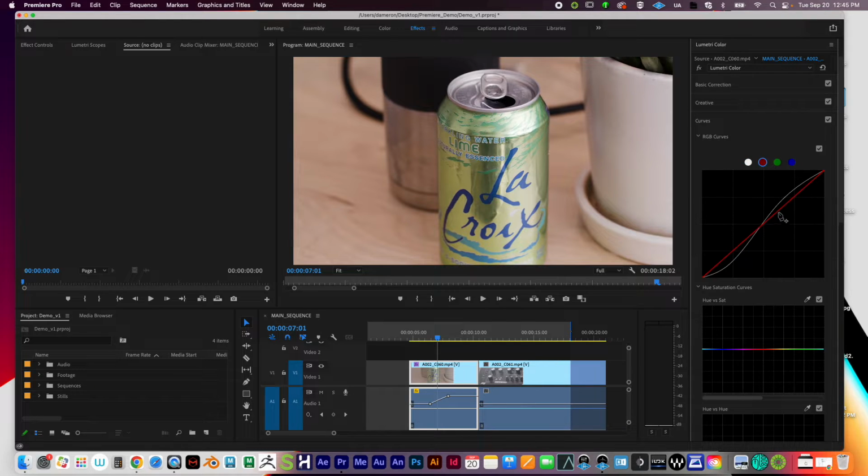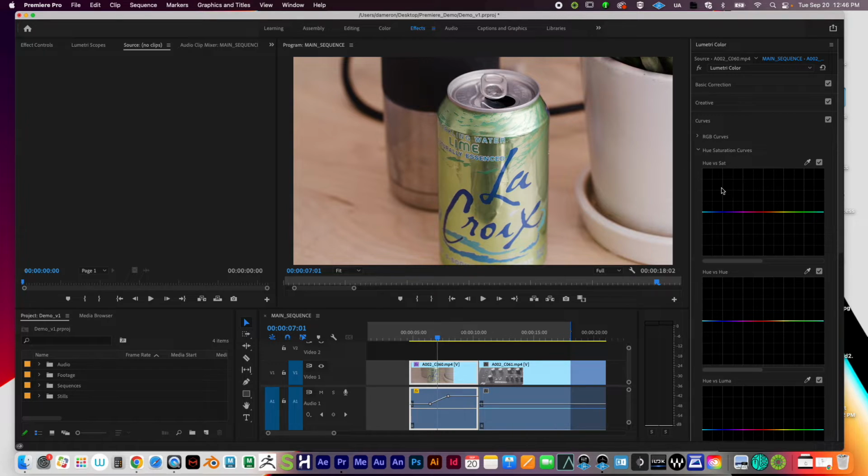And if you click on these dots right here, we have red, green, and blue. Remember, all footage is divided into red, green, and blue, so you can take your red channel and, if I bring it all the way down, the reds will get removed, and if I bring this up, the reds will get blasted. So this is a little bit more of an advanced tool. I would encourage you not to mess with the RGBs quite yet until you get more familiar with things. But this first curve with the brightness and contrast can be helpful if you want to add a little boost into this thing. So